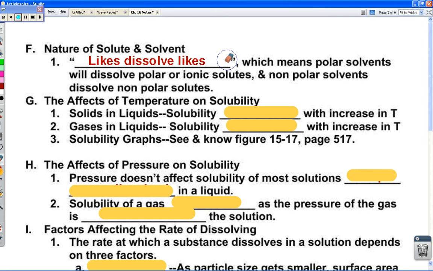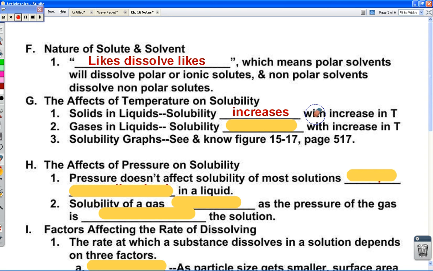Then we have the effects of temperature on solubility, and this is going to be the lab that we're going to do next week. Solids and liquids. When we are trying to dissolve a solid in a liquid, the solubility will increase with an increase in temperature. So in other words, the hotter the solvent, the more the solid is going to dissolve. However,